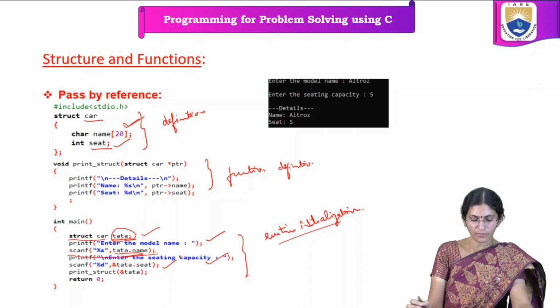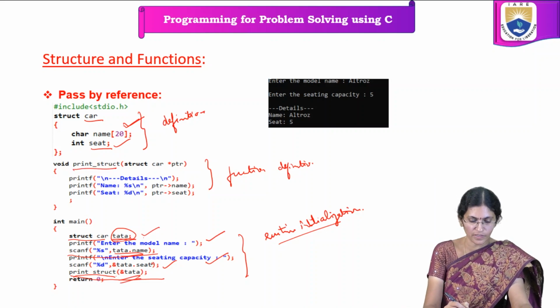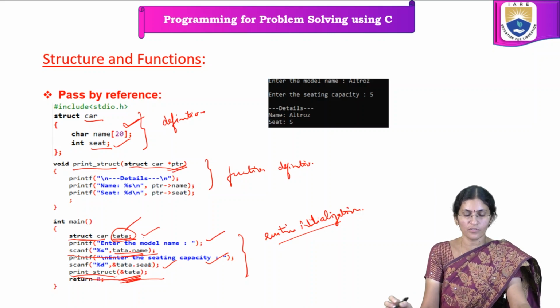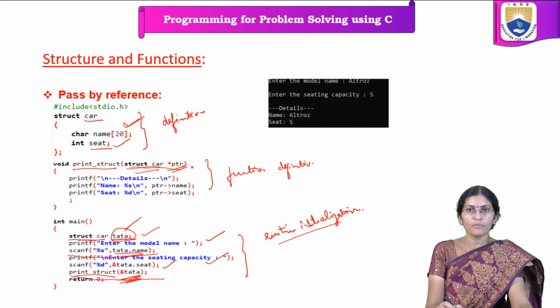Suppose the user is entering 5. Next, in the print struct, this is the name of the function. What we are doing here is passing the address of this variable. This is a variable of type struct car which has two members. So the address of this variable is passed. In order to receive the address in the function definition, we mention a pointer variable. We need to declare a pointer variable of the same type to which this variable belongs. So struct car is the data type of this pointer variable